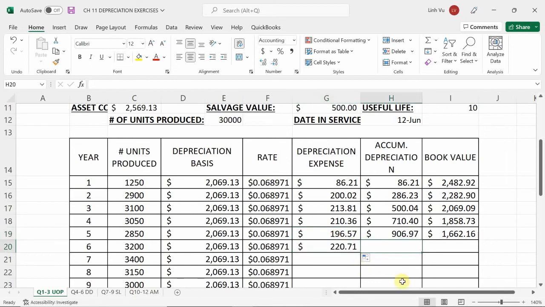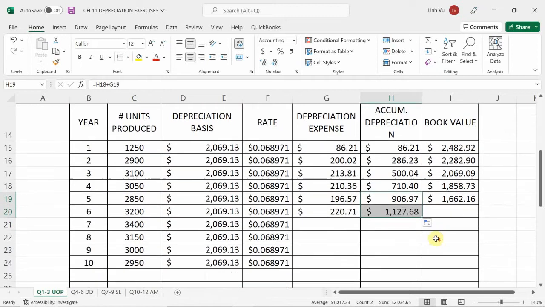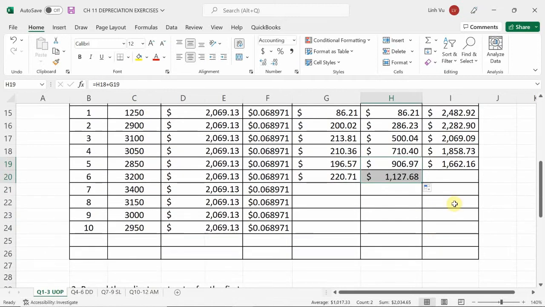Good. 71 cents. Yeah. Okay. So therefore, my accumulated should be $1,127.68, okay, which will bring my book value to be